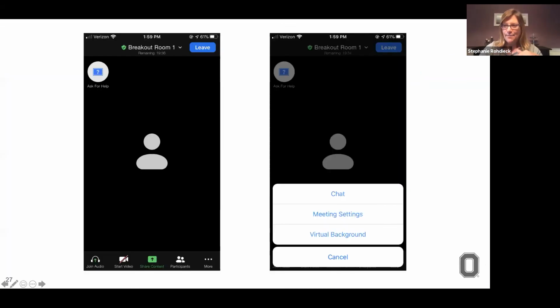When they're with me, this is on the phone, they actually have to go to these little three dots on the bottom and click that, and this menu shows up, and they have to click the chat to open it. And then they have to close the chat to go back to the videos. So it's not ideal. It will tell them that there's a chat there, but they have to keep opening it each time, going through those three little dots.